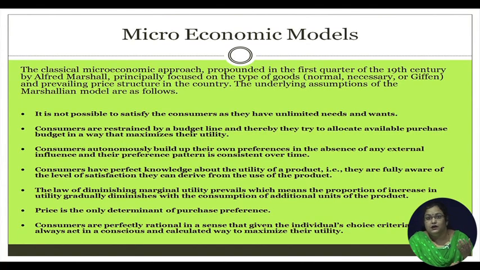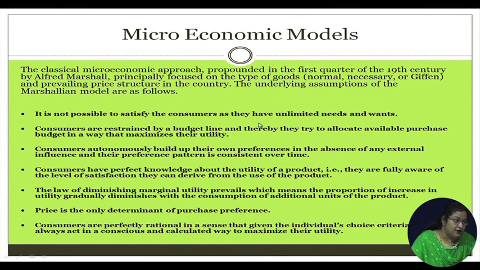It was found in Europe that whenever the price of potato used to go down, at that time people used to buy less potato and save that money to buy more meat. So, potato is a given good in this case. So, these are three kinds of goods, and the underlying assumptions of the Marshallian models are as follows,